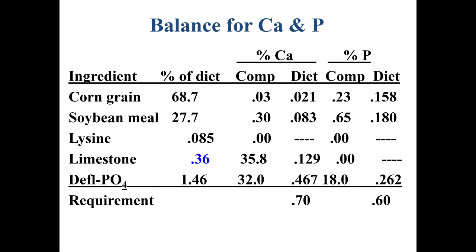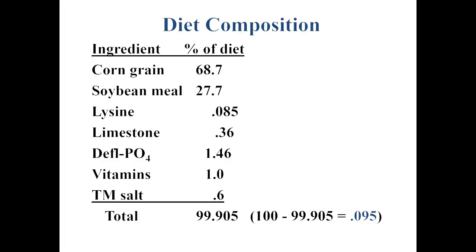Okay, so now let's add up all of our components of the diet and see where we're at. We've balanced for crude protein using the corn grain and soybean meal. We've balanced for our lysine, and we just finished balancing for our calcium and phosphorus. Okay, so this table shows the diet composition. So we have a list of ingredients and then their percent of the diet. Okay? When we add those up, we have